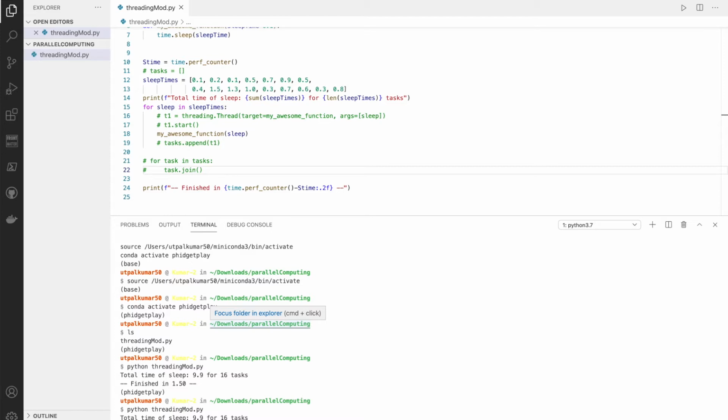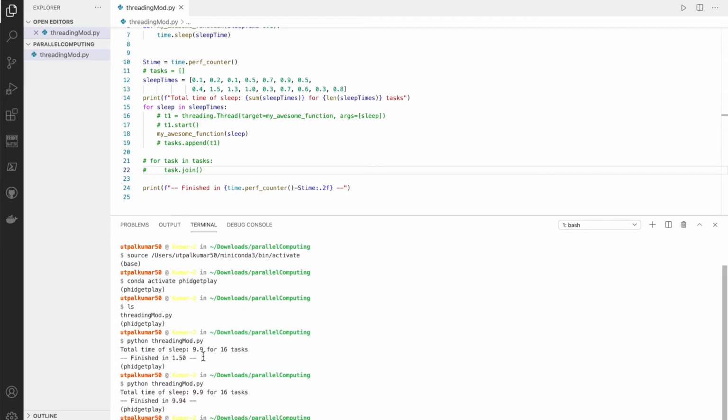So this time we might have to wait a bit longer, because last time we were trying to run it in a thread, so it finished in 1.50 seconds, but this time it took 9.94, which is expected because we asked Python to sleep for like 9.9 seconds. So if you run it sequentially, it will take 9.9 seconds, but if you run it in thread, depending on your system, of course,